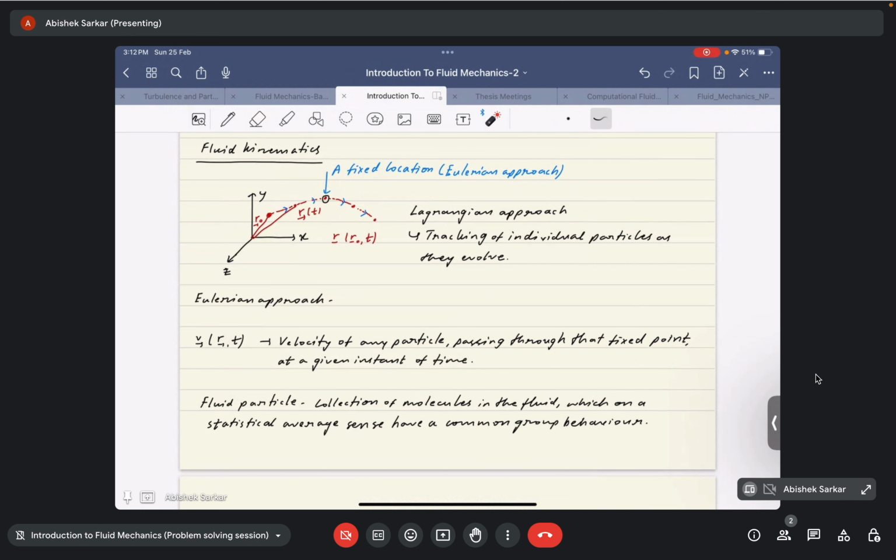So this kind of approach is hence termed as the Eulerian approach, and since this Eulerian approach depends on the temporal as well as the spatial coordinates, which is fixated by the choice of our frame of reference, thus the flow parameters in an Eulerian approach are dependent on both the spatial and the temporal coordinates. Okay,